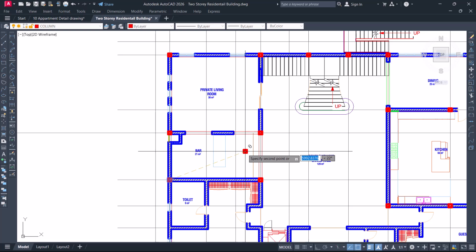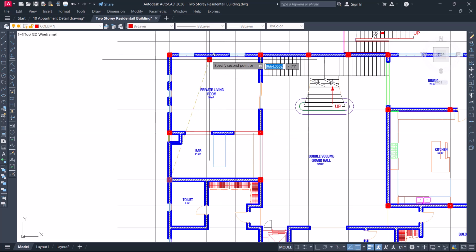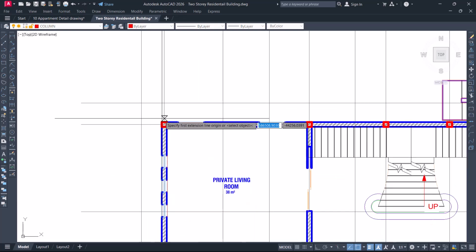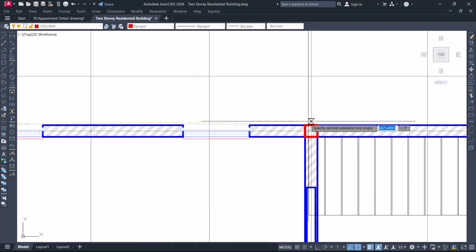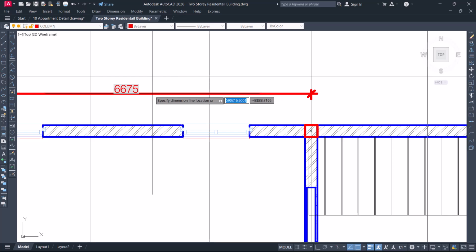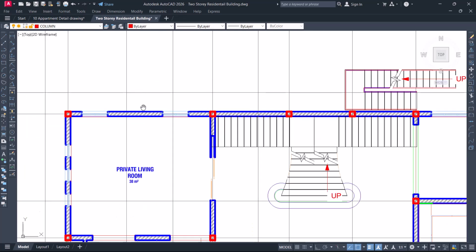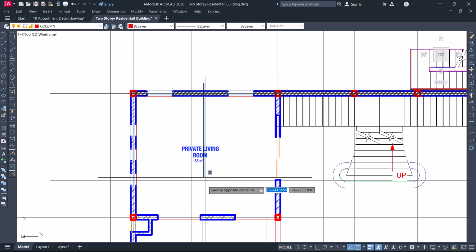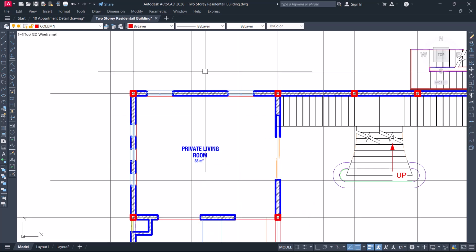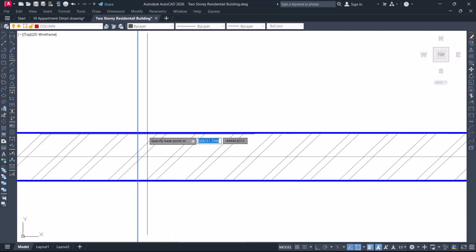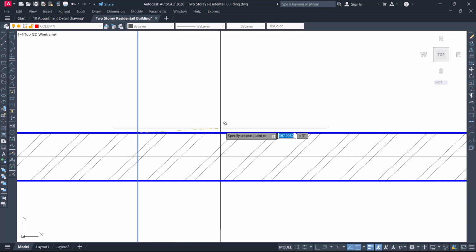Let's see. This span for me looks too big. Let us take out this span length from here to here. What do we have? Consider we have 6.6 meters, which for me is too big. So I want to break this span into two like this, all the way down. So that takes me now to copy this grid line,